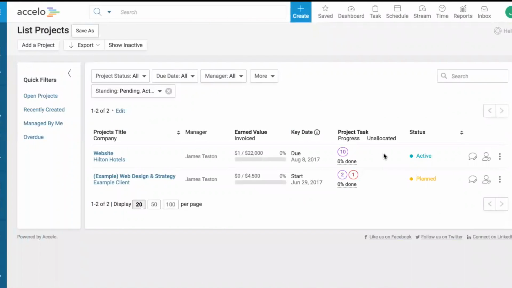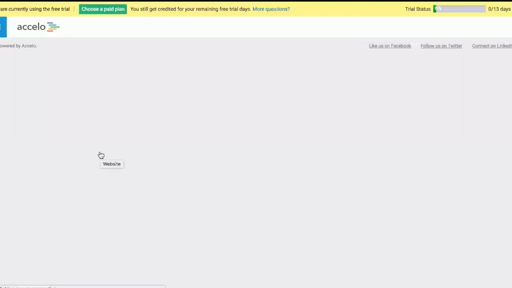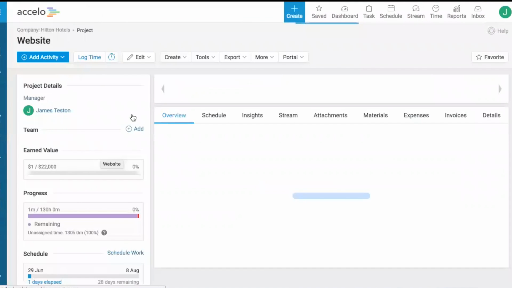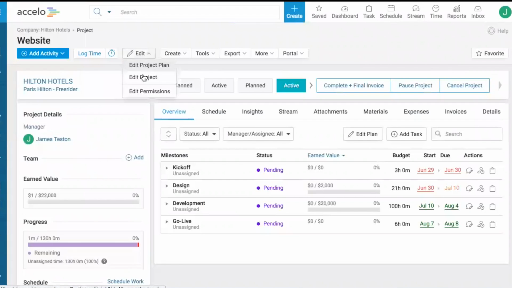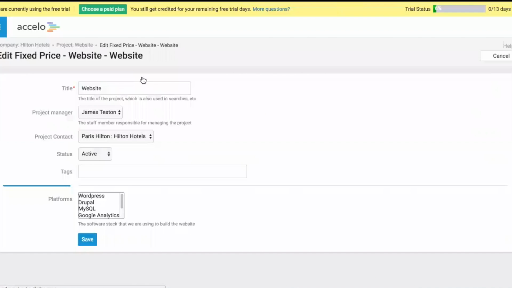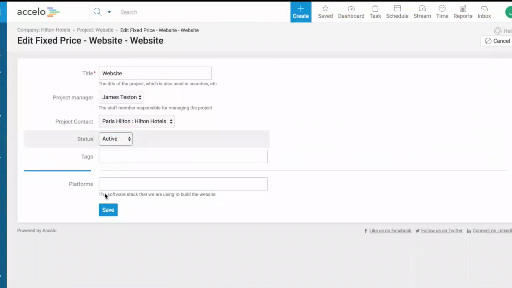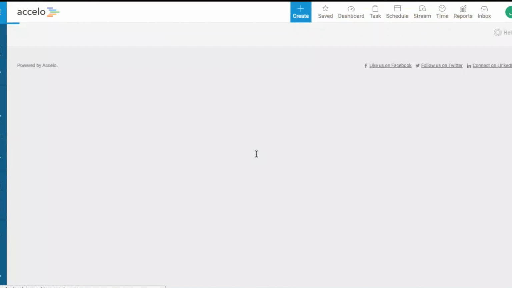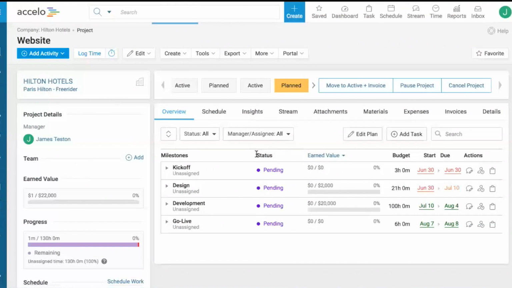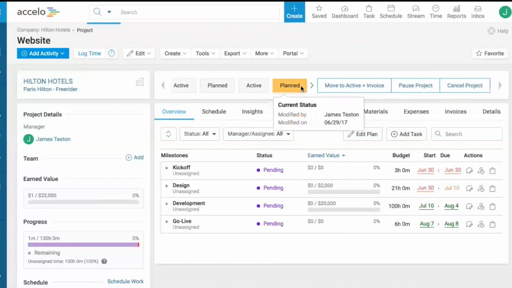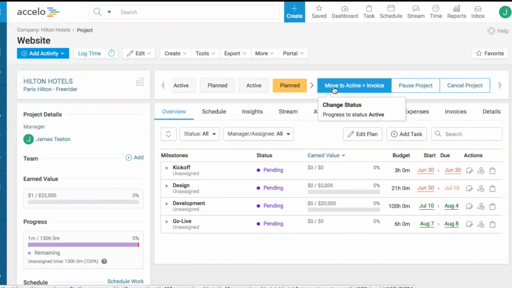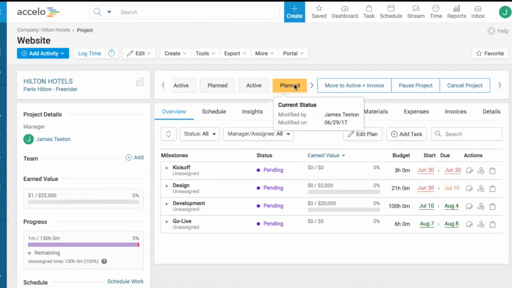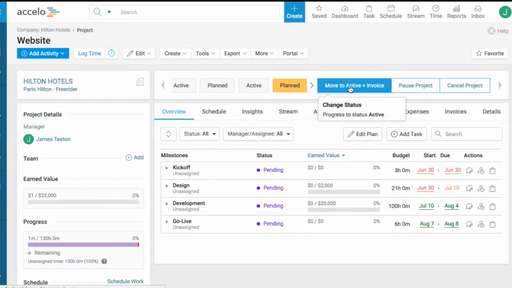So what we can do is we can take something like a website. I'm just going to move it back into the plan phase because it's already active. And as we move it from one phase to another, we can automate some actions that help us in the invoice process. For example, when we move from plan to active and invoiced, it can drop us into